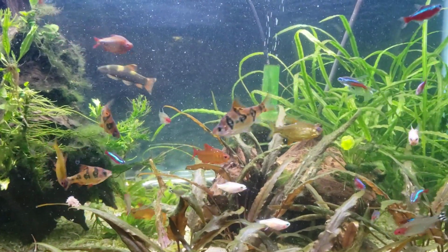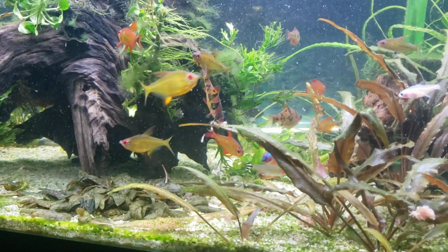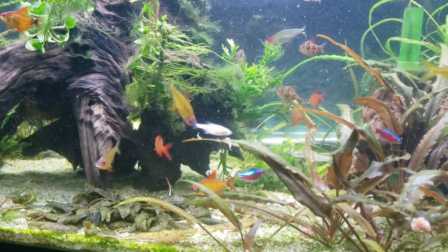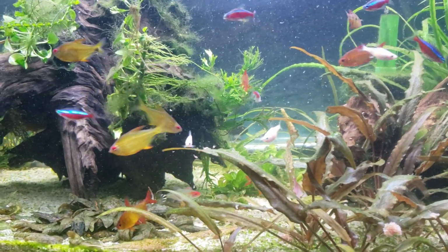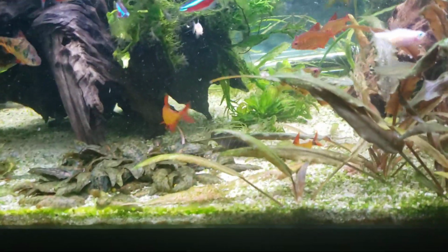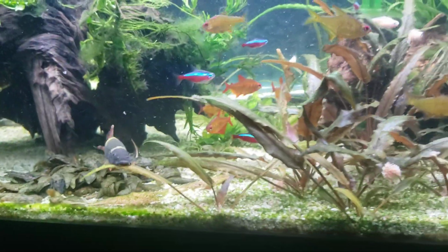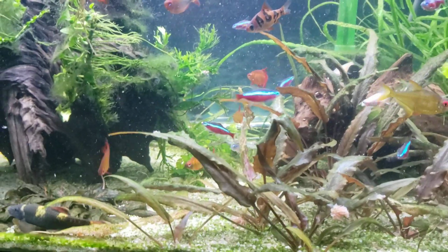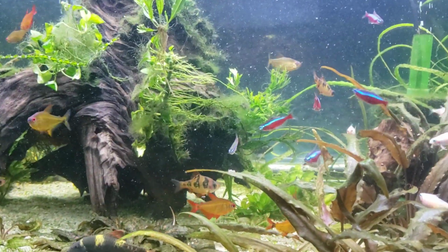All the different types of tetras coming up and feeding. And then all the little critters start coming out of the log over here. We'll start seeing them in depth. There goes one right there. The little queen loaches start coming out. And I'm pretty sure, hopefully, if all goes well, guys, we will get the appearance of our little micro